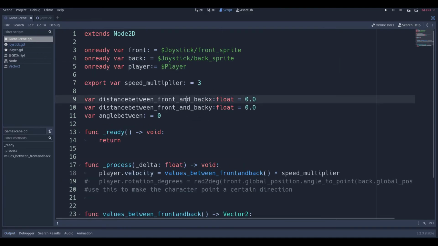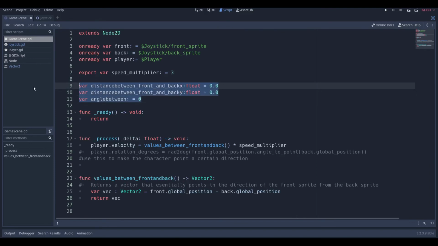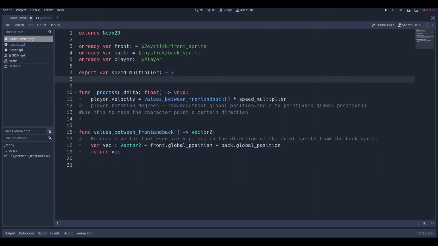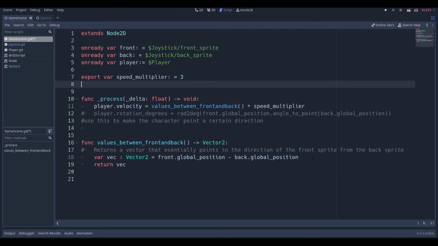After that, you just want to set a speed multiplier, how fast you want your player to go. Of course, this will be discovered through trial and error. I found 3 was perfectly fine for me. And I just realized that you don't need these 3 variables. Those are obviously from a long time ago. And I'm just going to try making this simpler. So there's just a couple things we have to do. We just have to create a vector, which is